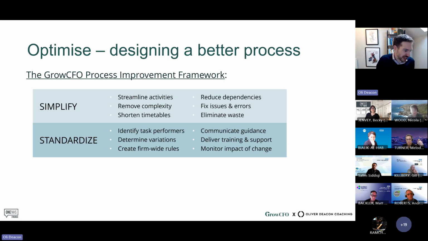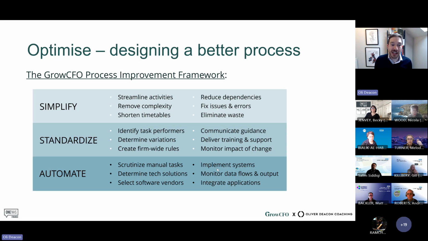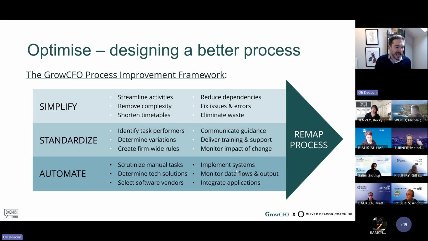So standardization is magic. What standardization enables is that you can use all the new latest technology. It's much easier to get solutions that scale across things. It's easier to train people. If one team figures out how to improve a standardized process, everybody else can take advantage of that too. And the final one, and only then, once we've simplified and standardized, that's when we automate. Automate, bring in technology, letting technology do far more of the processes, all that exciting stuff that we would expect. And this is the outcome from remapping our processes. Simplify, standardize, automate. Make sense to everyone?